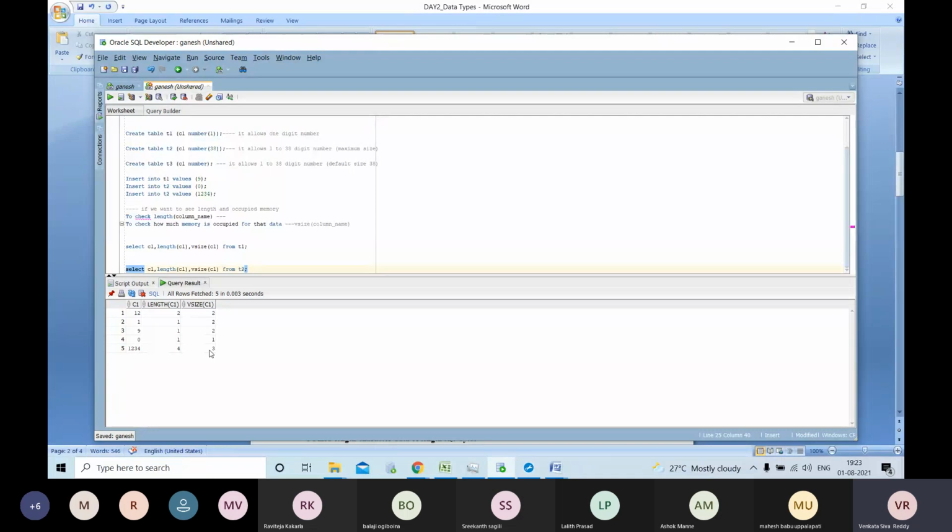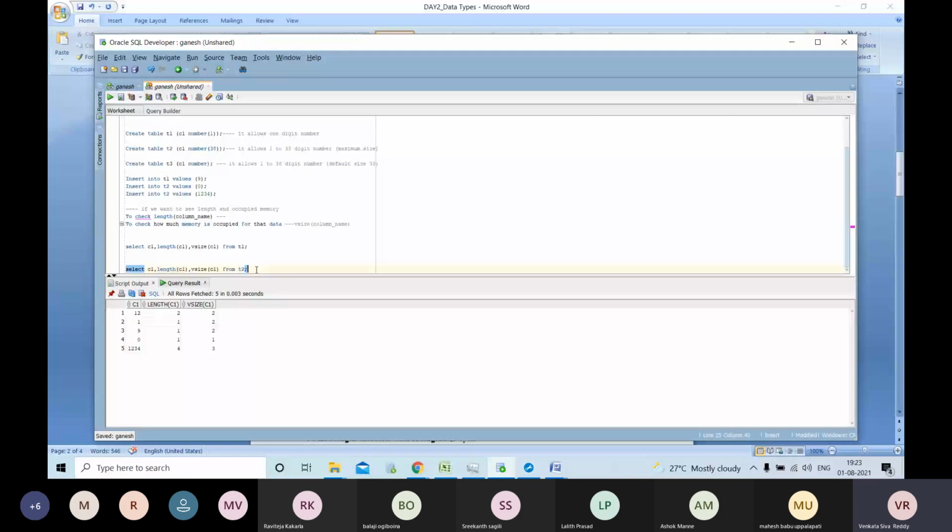You cannot rely on the number of characters to know how many bytes will be occupied in the database. For that reason, we calculate how much memory is occupied using the VSIZE function. VSIZE is the function to check how much memory is occupied in the database for that particular data, at column level, not on the table level.